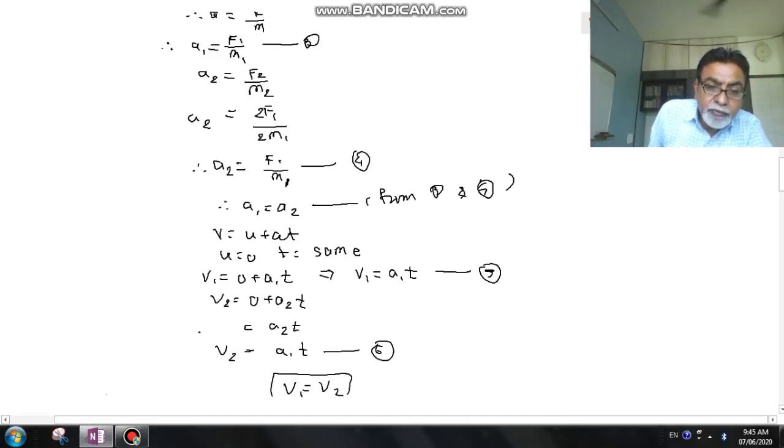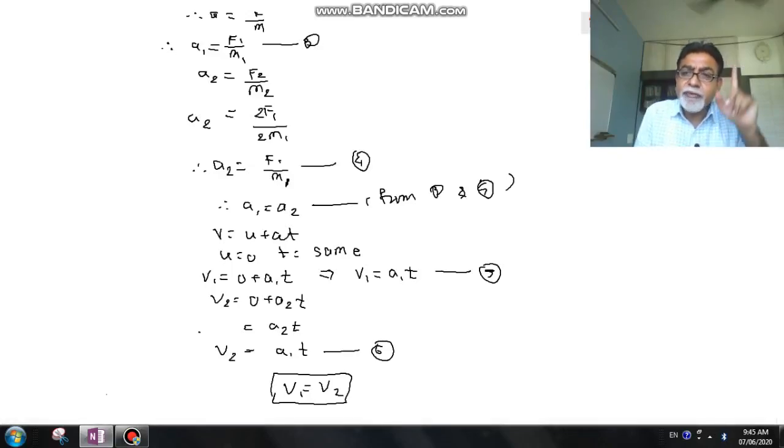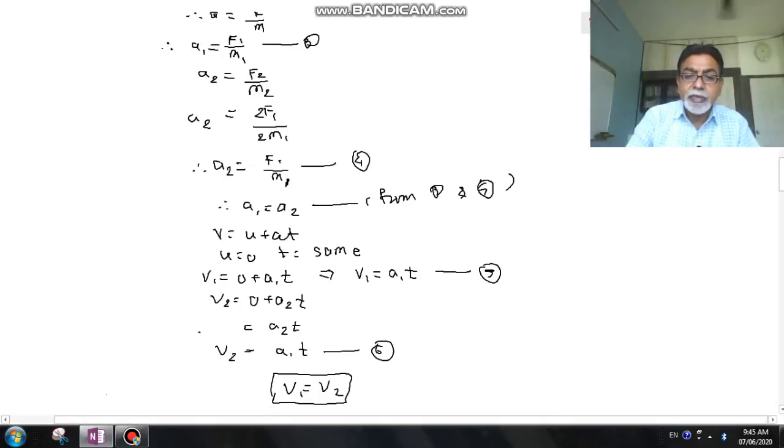So both of them will fall with the same velocity, and you can give this answer to this question logically too. Already we have proved that acceleration due to gravity produced in the bodies is independent of their mass. So as they are dropped from the same height, they will have the same acceleration, and as they have the same acceleration, they will have equal velocity. You can give this logically. We have proved it here mathematically.